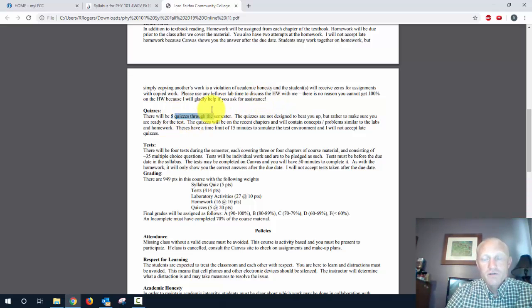Five quizzes are scattered throughout the semester, and the quizzes are just to get you ready for the test. They're not designed to beat you up. Quizzes are worth 20 points, tests are roughly worth 100 points, and the quizzes are due before the tests. So what they're kind of saying is, hey, are you ready for the test? I don't want you to take a big hit on 100 points where you could take a smaller hit on